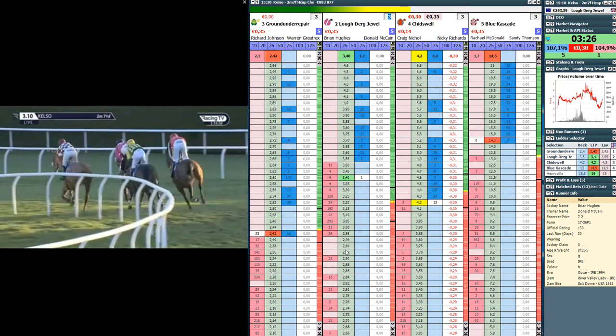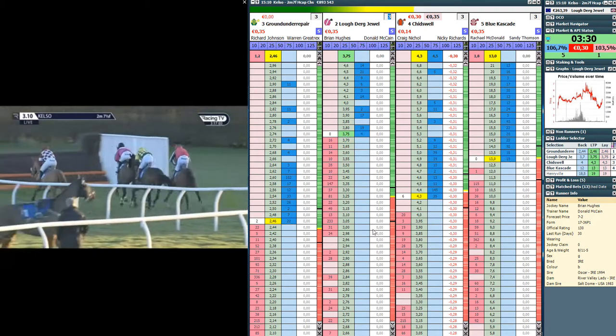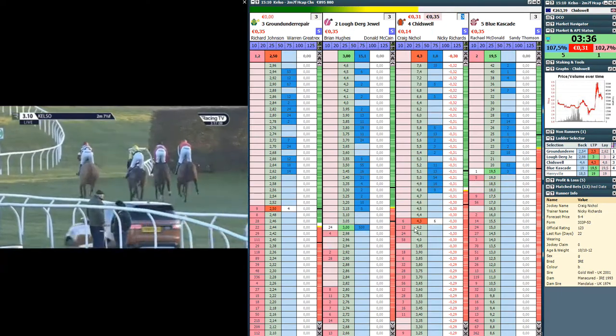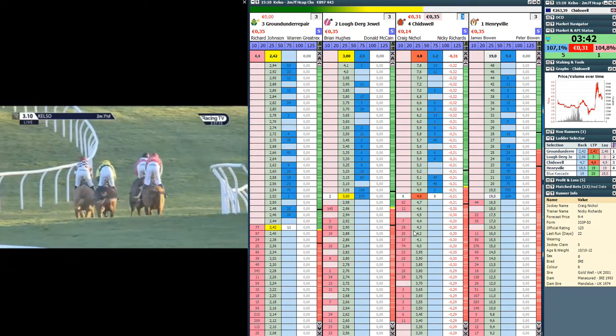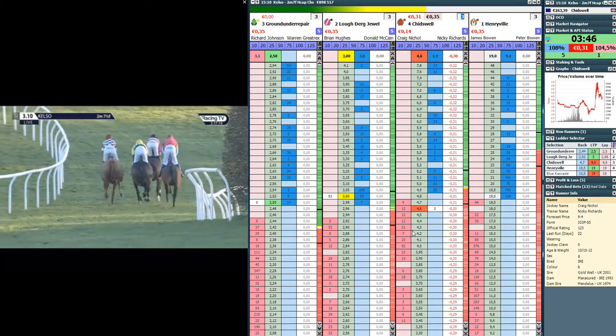So they're still very well grouped up as they make their way towards the fence that takes them away from the grandstand. Blue Cascade, Lockderg Jewel, Chidswell and Ground Under Repair. They all jumped it well once more. So they've taken that one, take this little dogleg turn, move up the hill and head on down the far side once again, where they'll have 3 plain fences to jump, and in all they've still got 6 more to